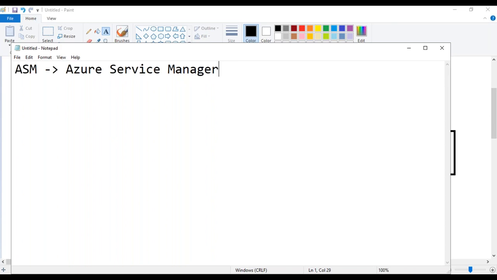The Azure cloud was started in 2010, whereas AWS started in 2006. Until 2016, it was called Azure Service Manager. You really don't have any concept of resource group there, let me tell you. Okay, I still remember, it was in 2017.